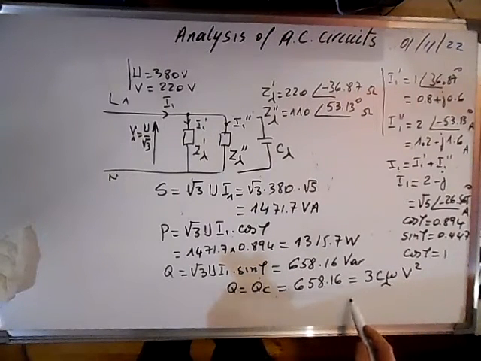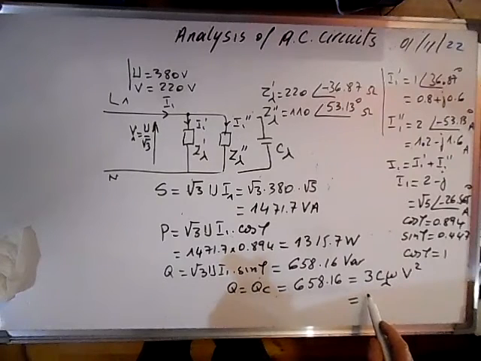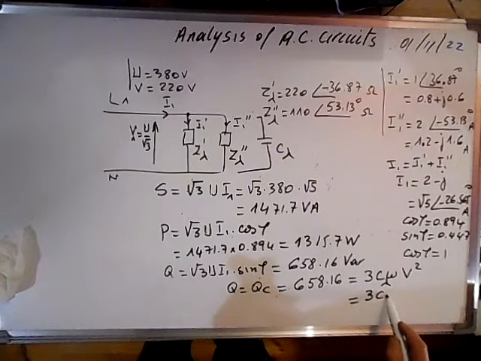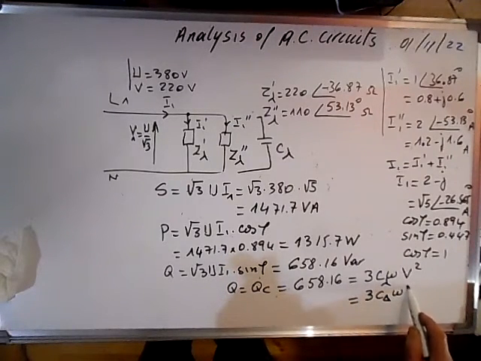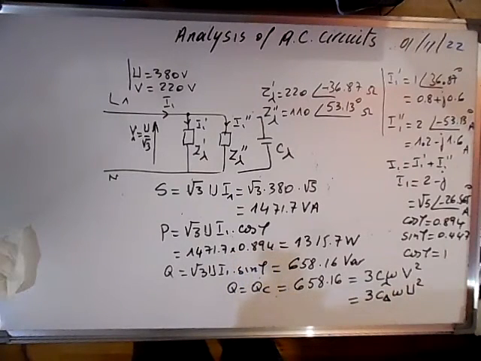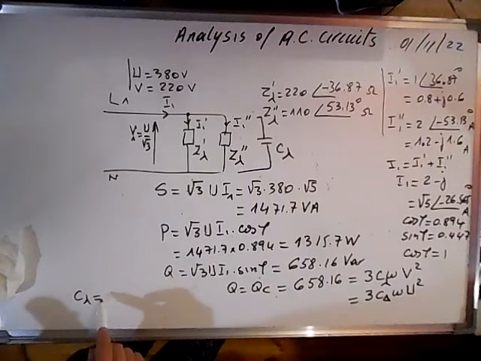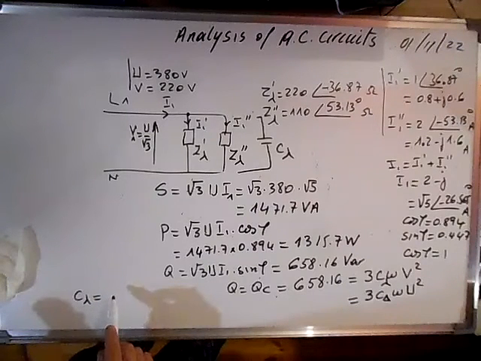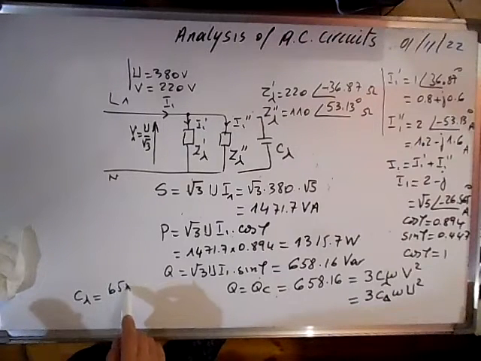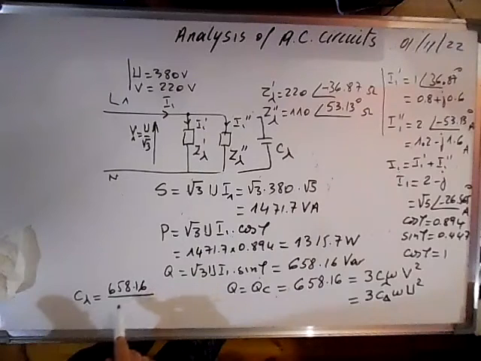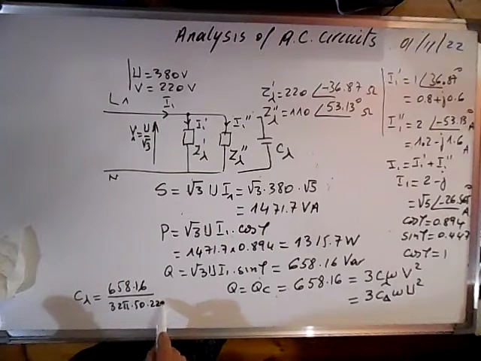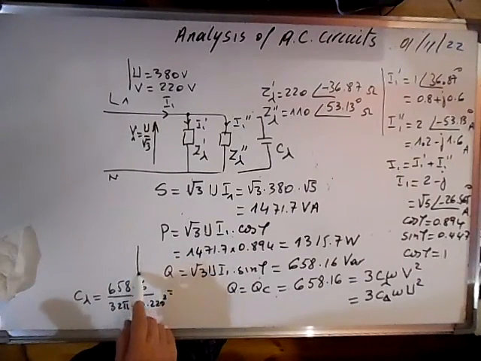But if it's connected in delta, it should be equal to this. So let's calculate this first. Capacity when it's connected in star, and it's 658.16 divided by 3, 2 pi times 50 times 220 squared, and this will give us